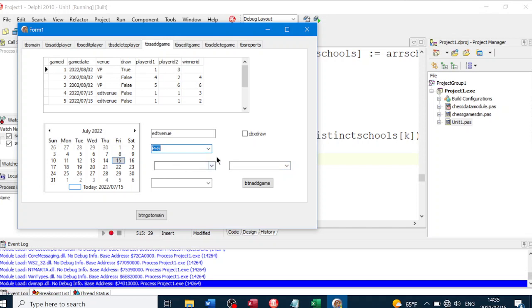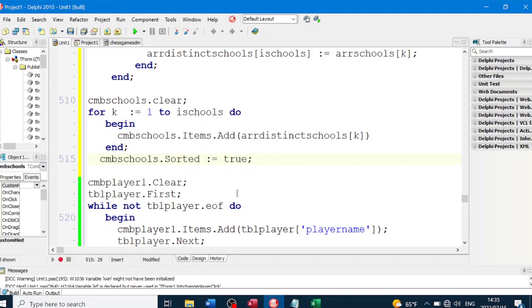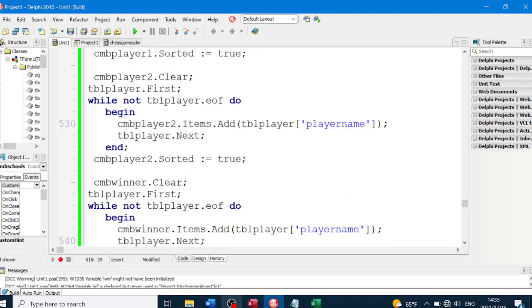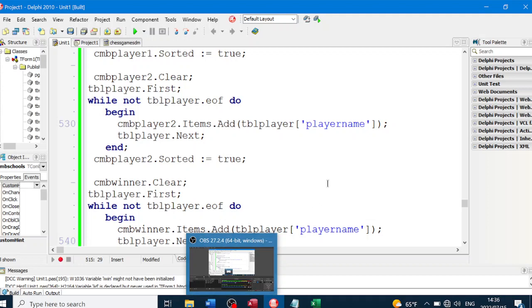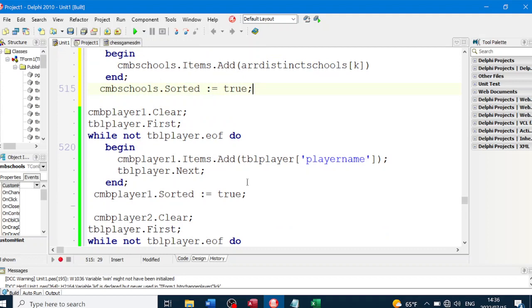So what happens is they will choose a school and then they will choose a learner from each of those combo boxes, and the winner will be filled with all the players. Or I don't know, well, maybe I guess we can do that. We'll see how we're going to put the winner into the combo box for winners. I know I added all the players randomly, and that's going to be very messy because you can't just choose